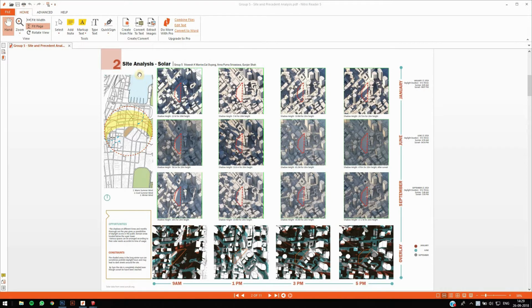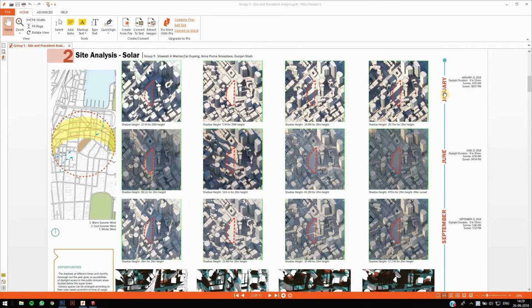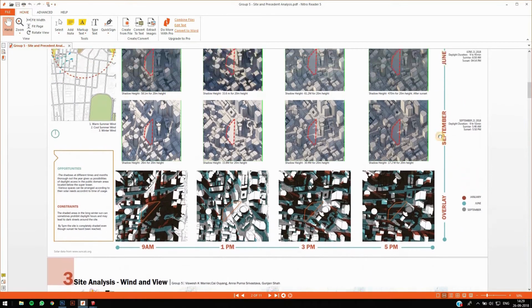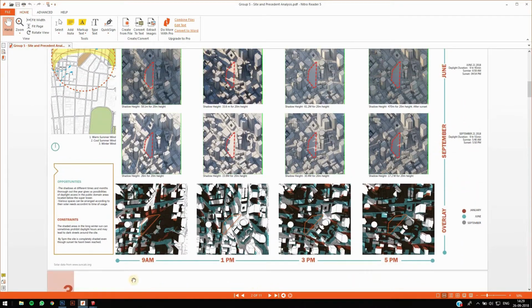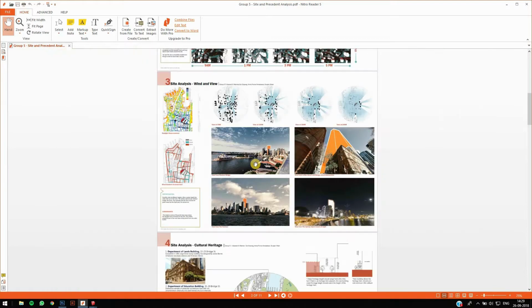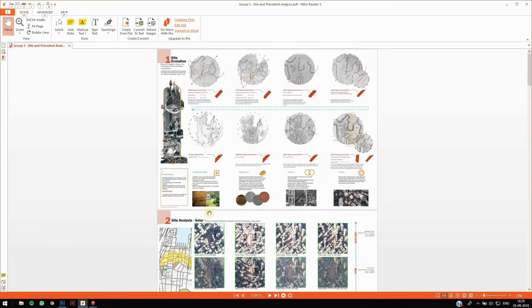So you see the sheet that I've set up over here. It has multiple solar analyses that have been done over different months. So it's been done like a matrix. If you look over here, you see that I've set up different solar analyses for different months, for January, June and September, and on the bottom you can see different times. So if you zoom out, you will see that